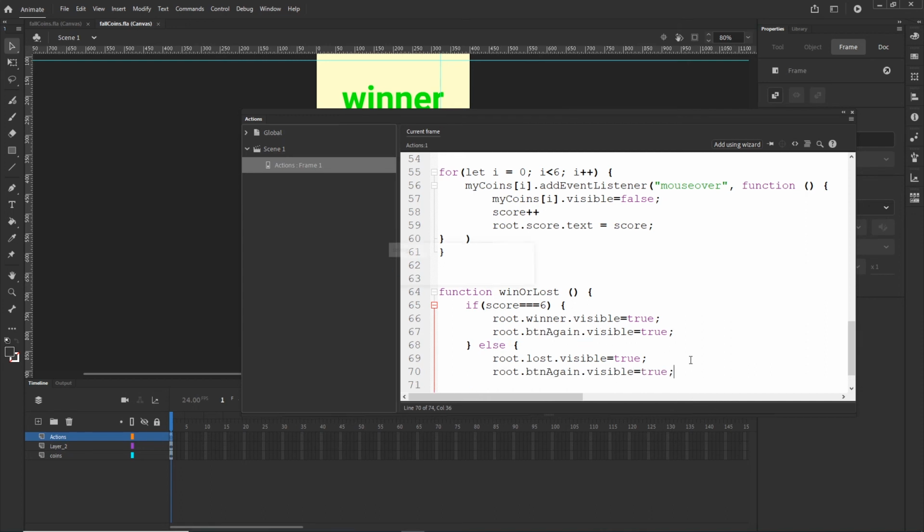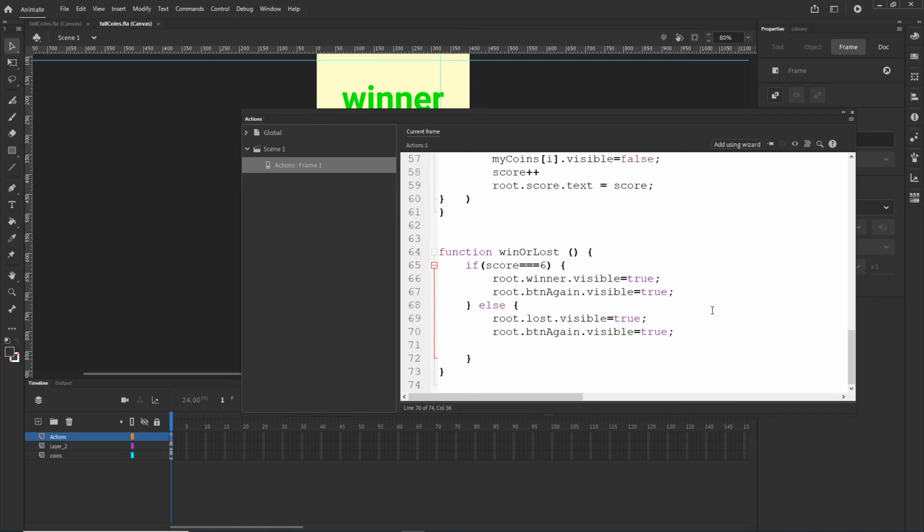Okay, and there is one more condition we will have to put to this if-else statement, but basically we want to call this function